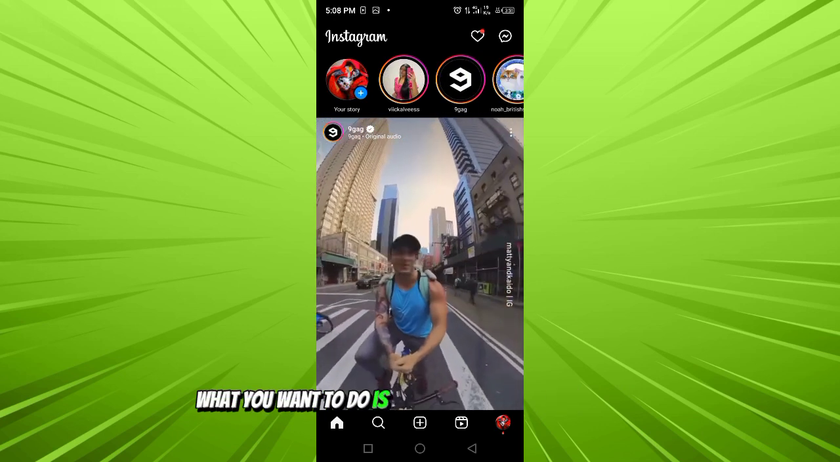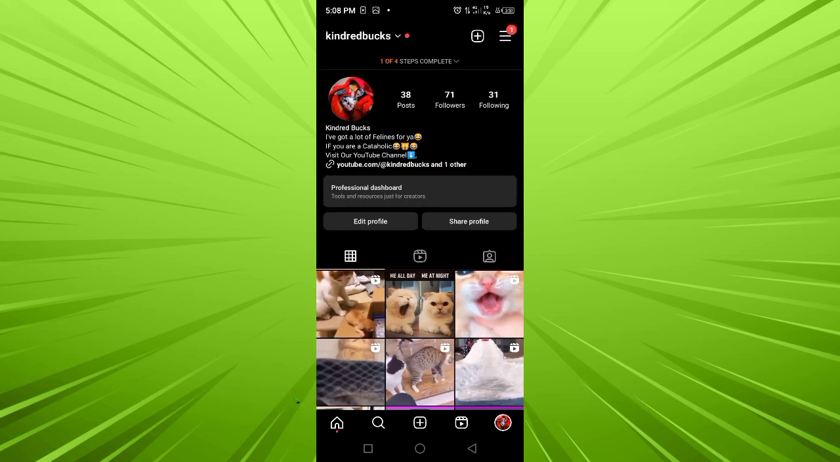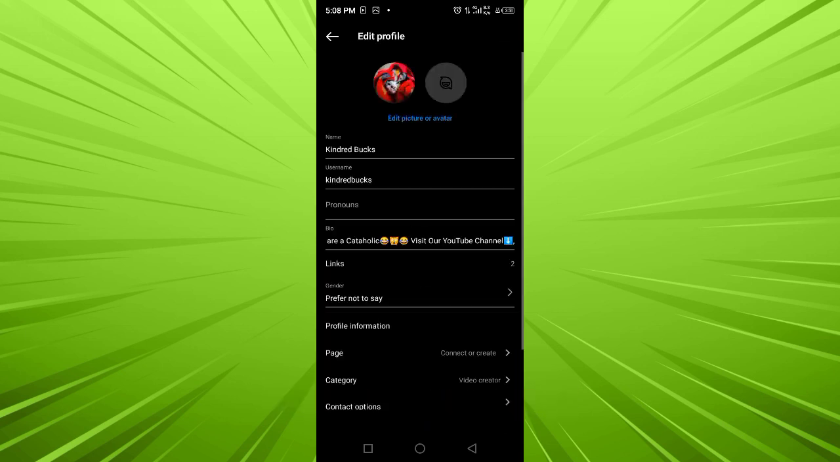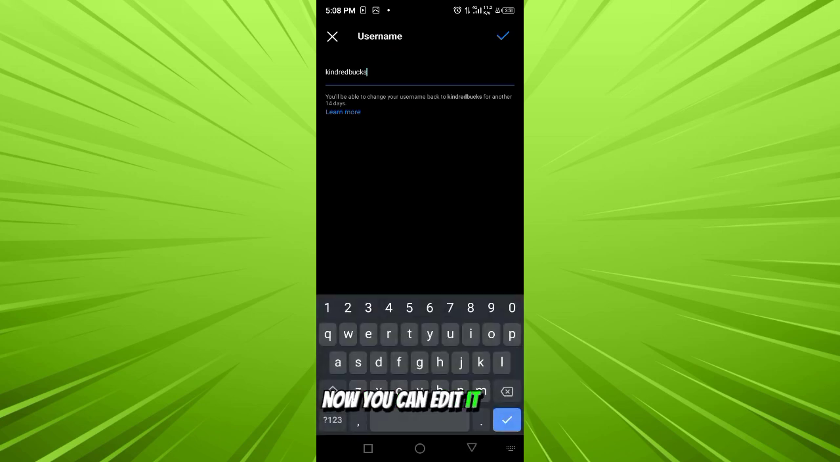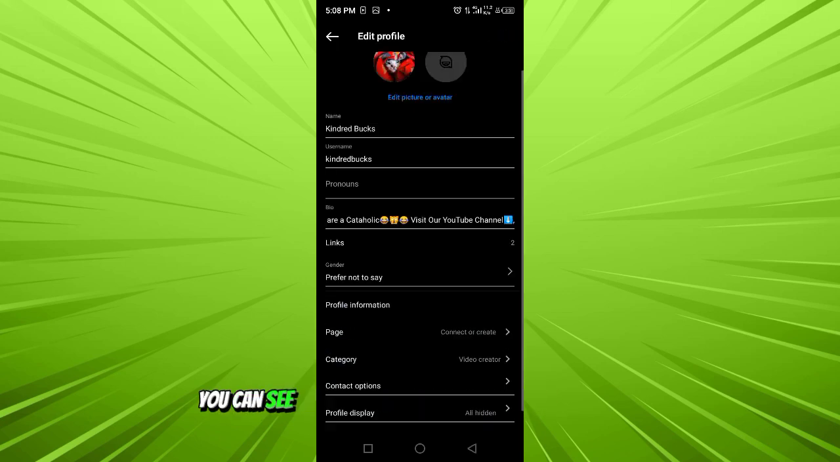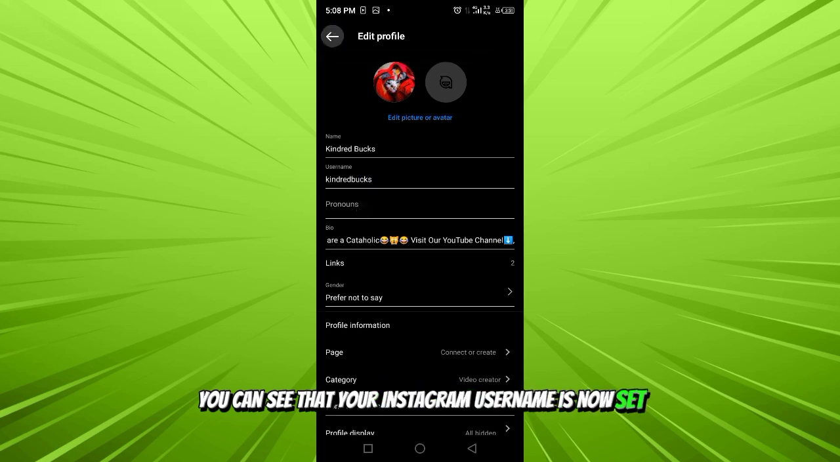Now what you want to do is click on the profile icon below. Once you've clicked on your profile icon, you should see this. Now if you want to see your username, you should click on edit profile here. Now once you've clicked edit profile, you can see your username. Now you can edit it here and then click the tick to save. And once you click this tick, you can see that your Instagram username is now set, and then you can